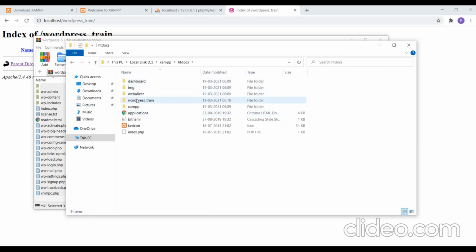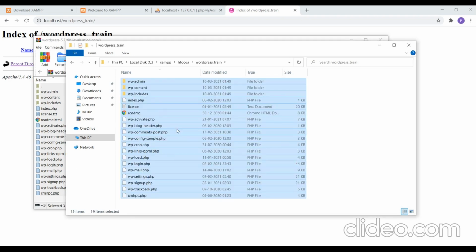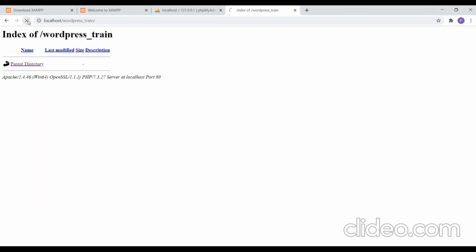XAMPP htdocs WordPress train, Control V. Once we get all the files, just reload this.